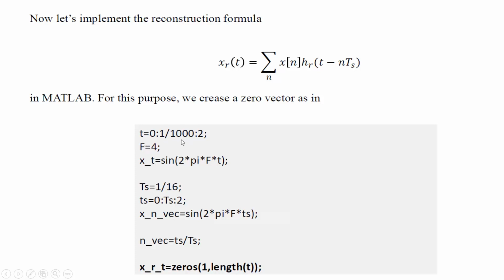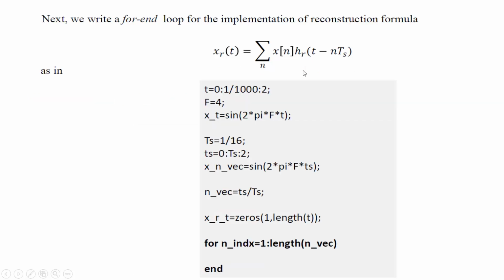All right, basically this xrt represents the left hand side of the reconstruction formula. Now, this is the index created, right?